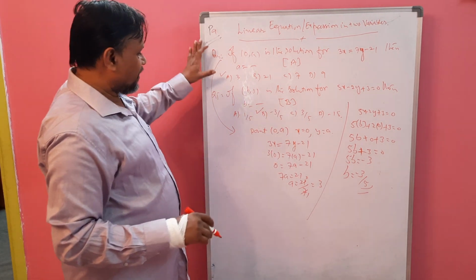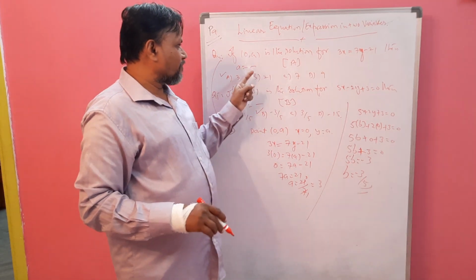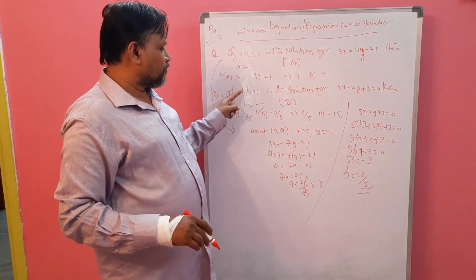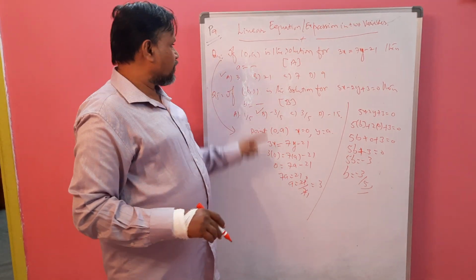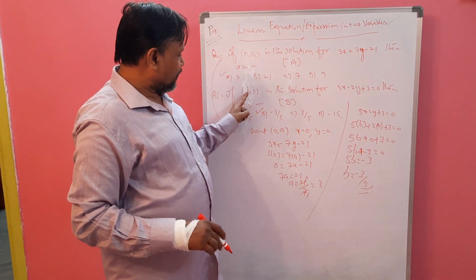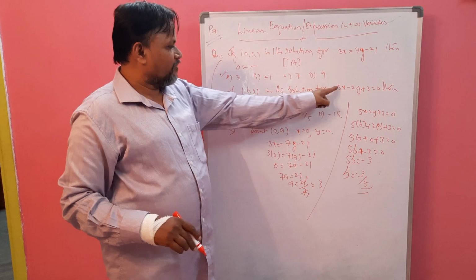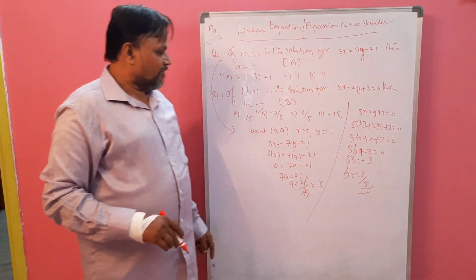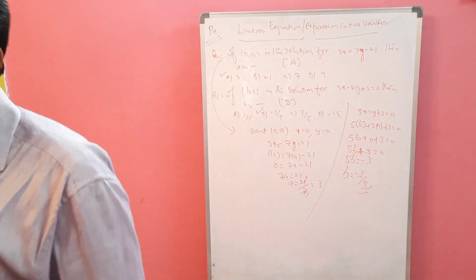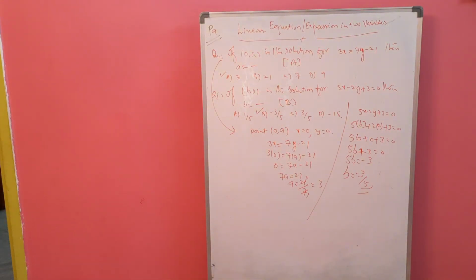So, like this we can solve and find the missing value or the point which lies on this line. At this point, where a equal to 0, (0, 3) is a solution for this. (Minus 5 by 3, 0) is a solution for this equation. So, like that we will get different points, or we can find different missing letters also.